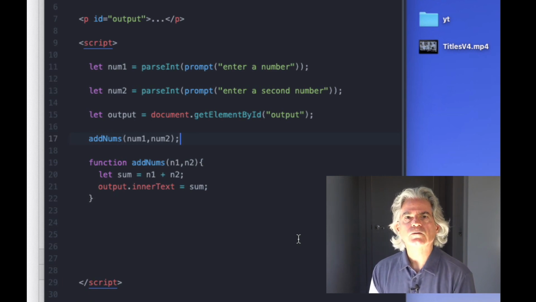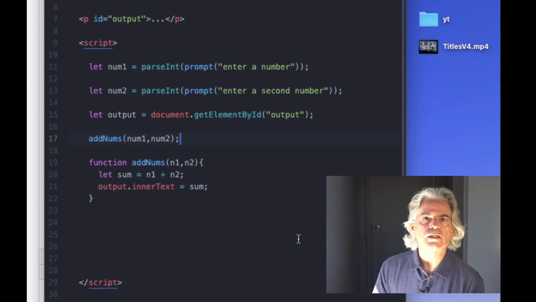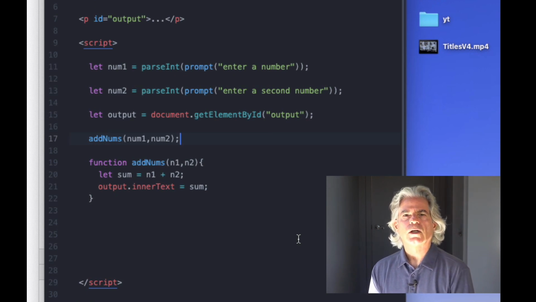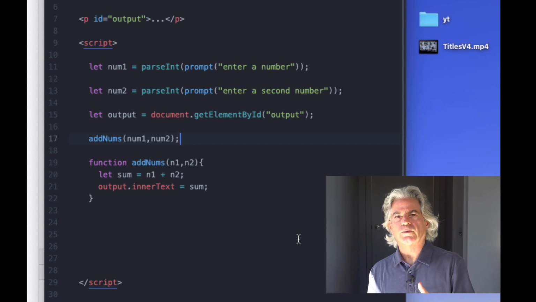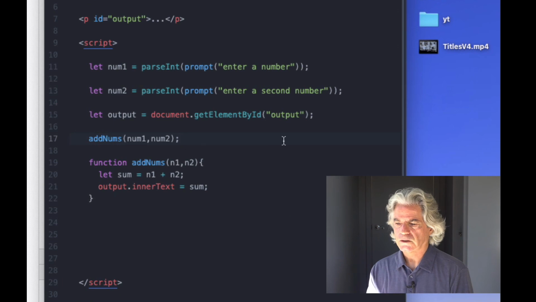Another look at functions. I lost my monitor output. I'm just looking. I lost my monitor output. I don't know why, but I hope this is recording, because if it's not,